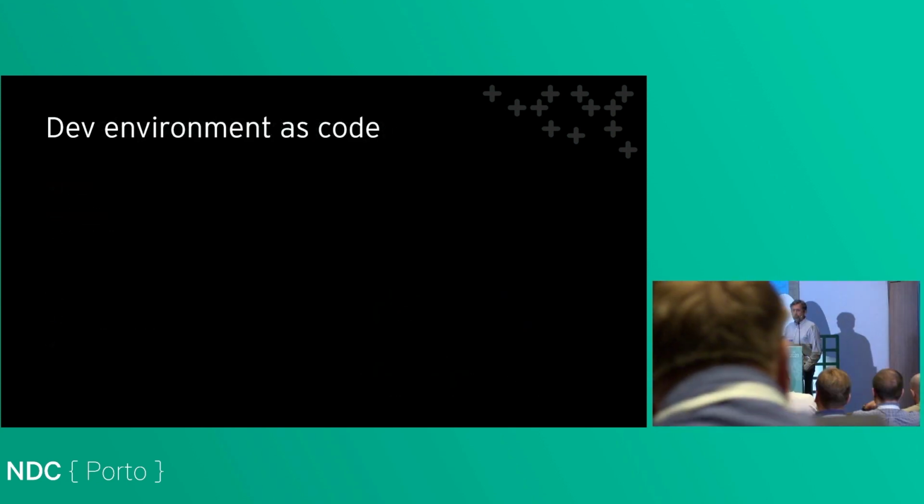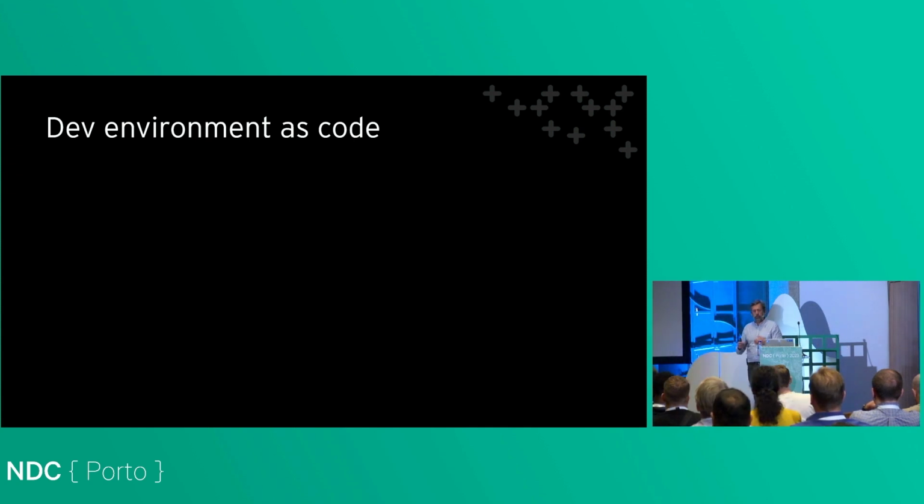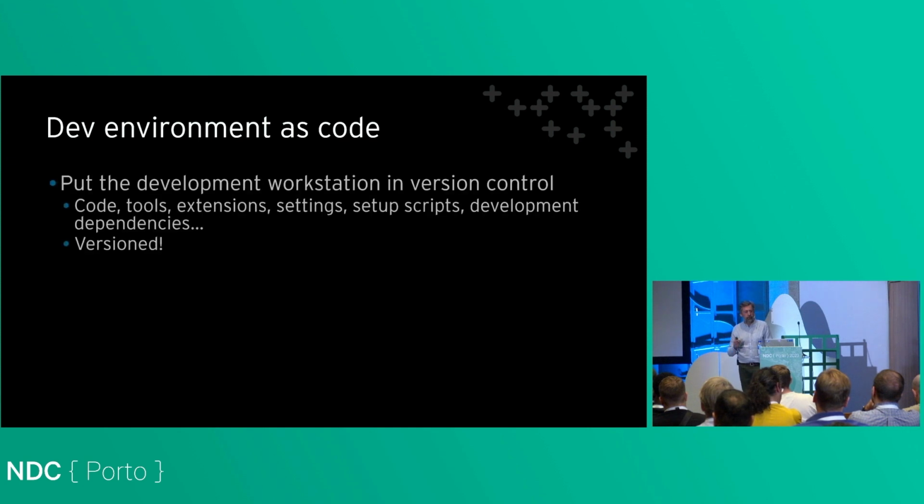So wouldn't it be nice? We talk a lot about infrastructure as code, for example, putting things in the code and storing it together with the application code, so you can have your production environment set up. But wouldn't it be nice if we also could do this with our dev environment, so we could put that in source control? So the idea is that we put everything that I just talked about, not just the code,